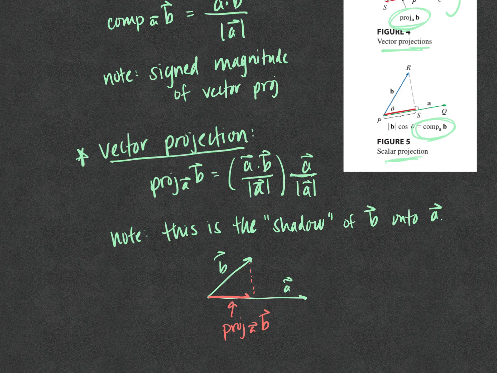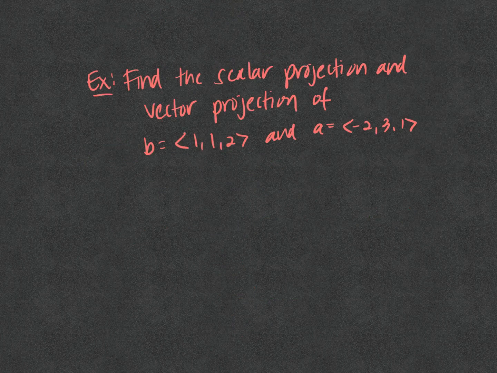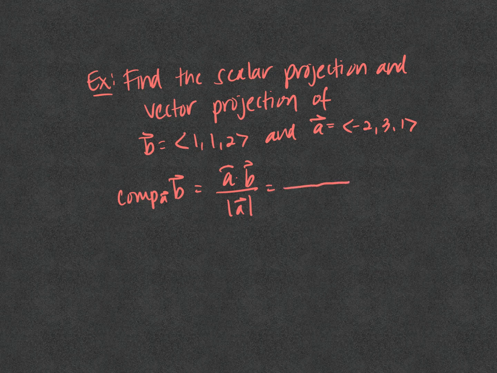So let's look at an example. This example says find the scalar projection and the vector projection of vector B, (1, 1, 2), onto vector A, (-2, 3, 1). Let's start with the scalar projection, which is the component of B onto A. Remember that formula is A dot B over the length of A. So A dot B is negative 2 times 1, plus 3 times 1, plus 1 times 2, over the square root of